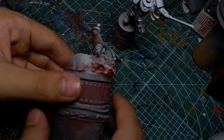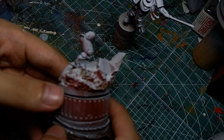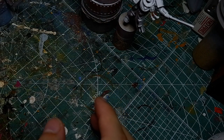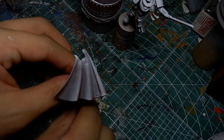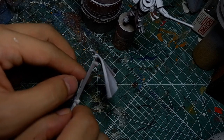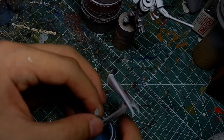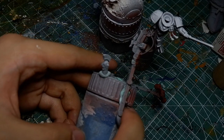Now you would normally think, for you artists out there, purple would be a great contrast shadow, and I tried that, but I just don't like the effect on how it looks on contrast paint, as it doesn't brown. You just really see literally purple underneath the yellow, and it's too much of a contrast, so I just went with brown as our shadow, except I didn't shadow the head because I wanted that to be the focal point